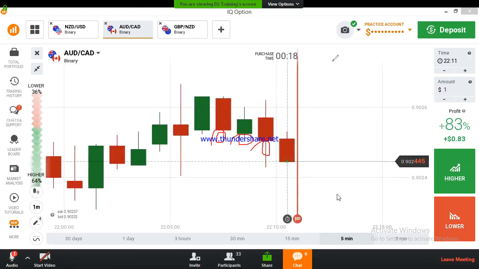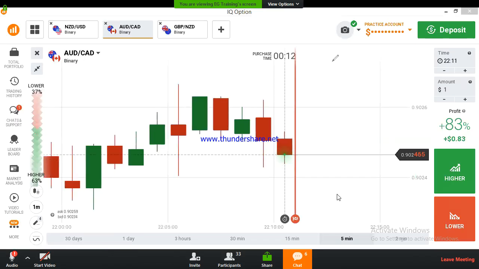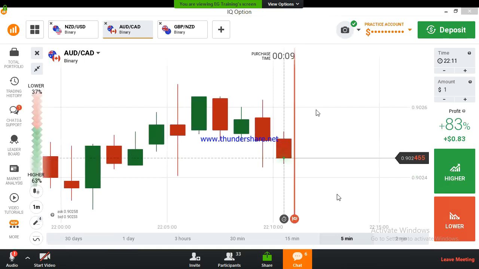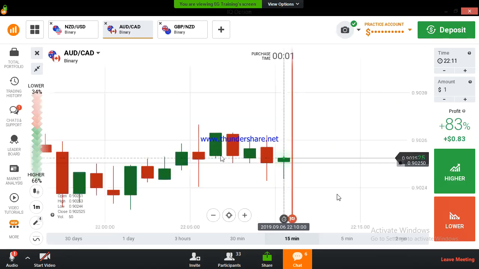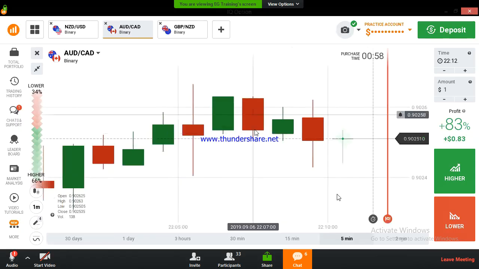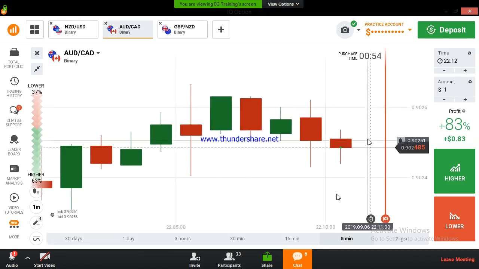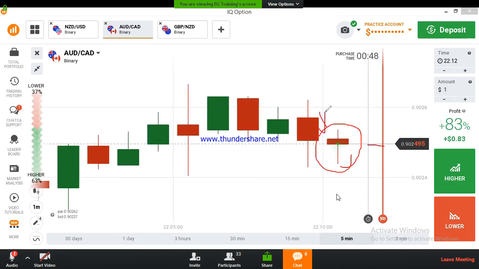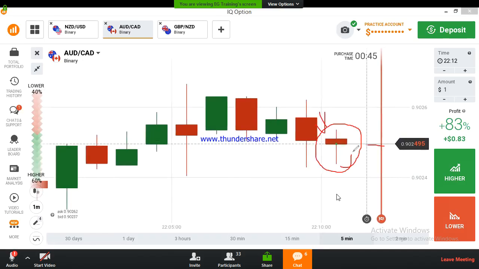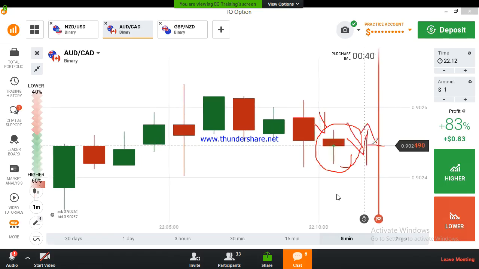But until you get experience identifying confirmations in the running candle, always see the 5-second chart. Once you have experience, you can place your trade directly like me without seeing any confirmation. I always see the confirmations, buyers entries and sellers entries, in the previous candle. If I want to place my trade on the next candle, I check the confirmations in this candle. If I get any buyers entries or sellers entries, then I know the buyers are interested, so we can go with buyers, or the sellers are interested, we can go with sellers.